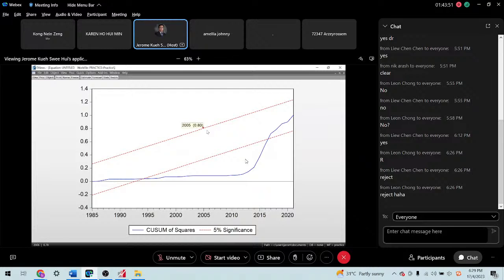If you structure your model, choosing the dependent variable and the rest as independent variables, based on the sample period, this is the result that you will get. So it suffers a few diagnostic problems, such as serial correlation problems, heteroscedasticity problems, and also stability test problems.